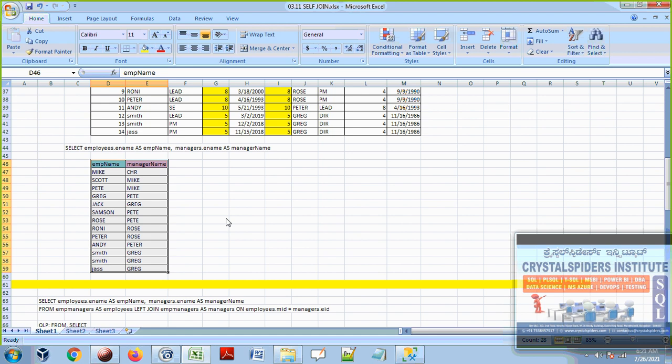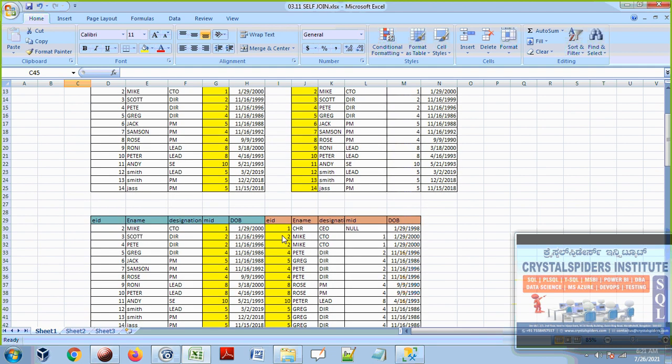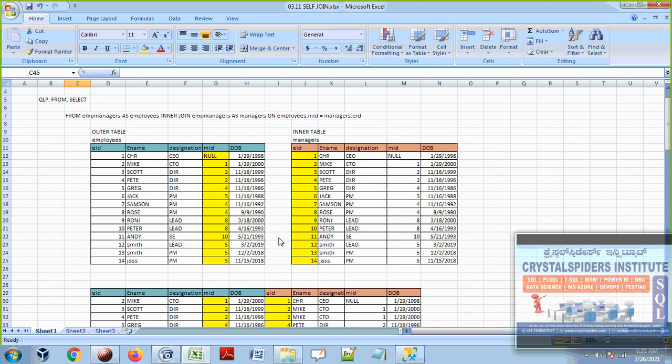Okay. So this is, guys, the self-join concept. When there is a need to display data by referring to the same table, for suppose when we want to display something from a table which is acting as itself a parent and itself a child table, in that case we are going to use this type of self-join concept. The self-join concept is always applicable for tables which refer to the same table as a parent table and the same table as itself a child table. In that case we use self-join to get something from that table.